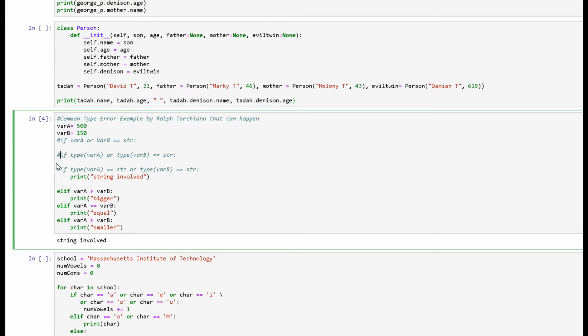But here is how you do it. You have to validate each one. Is type variable A a string or type variable B a string? What do we get? Obviously they're both integers. We finally get variable A is